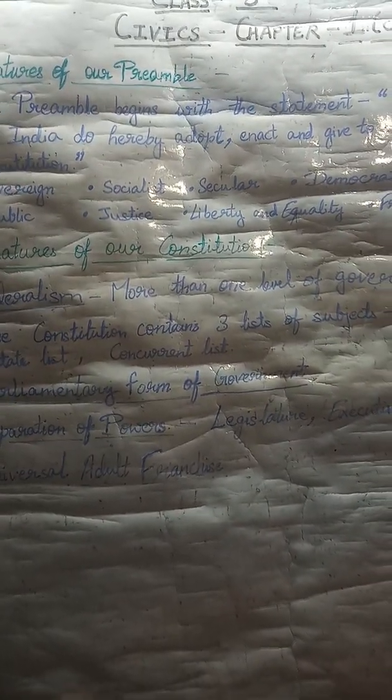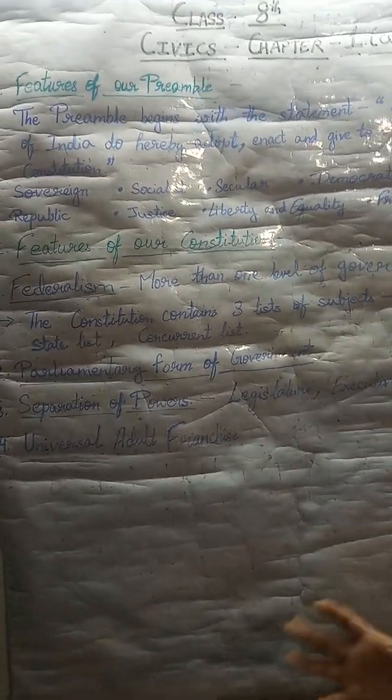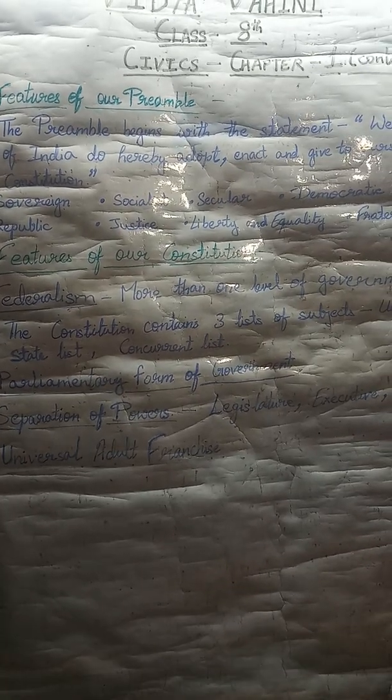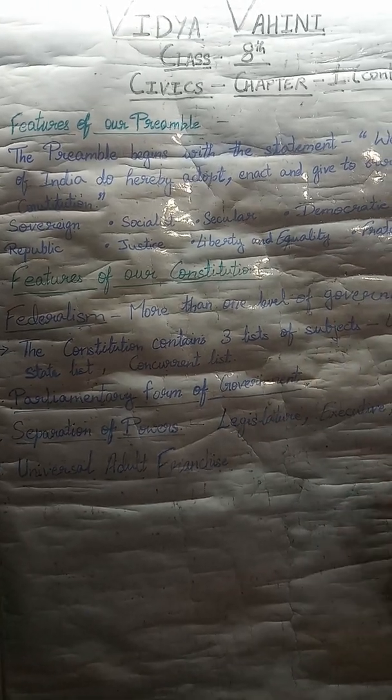Socialist means to eliminate inequality and to eliminate discrimination. As we all know, there are so many people living in the country, and many are rich, many are poor. Fine. So what does the constitution aim for? The constitution aims to bring equality amongst the people, to bring them socially equal to each other.